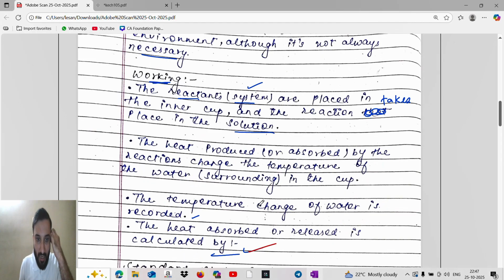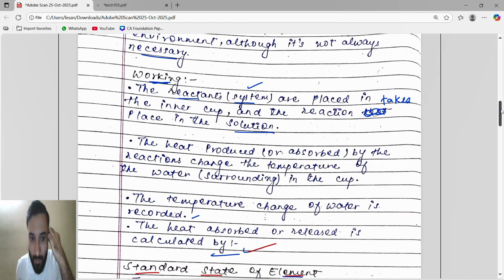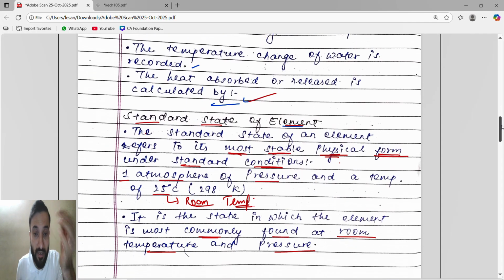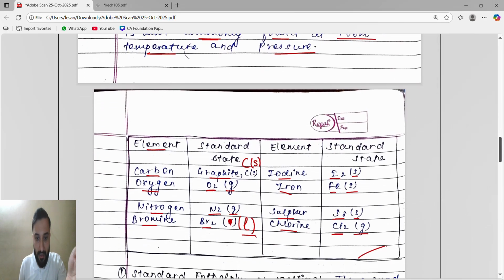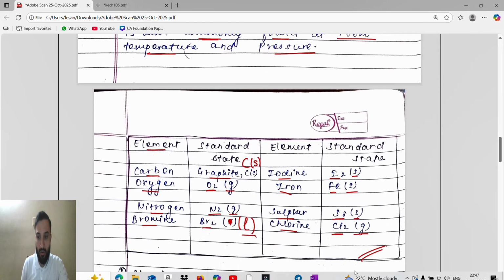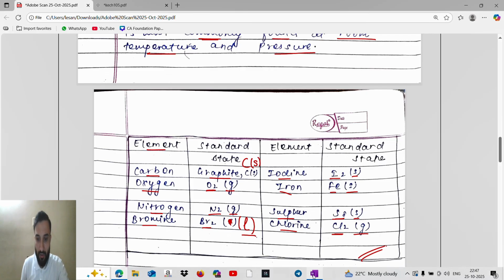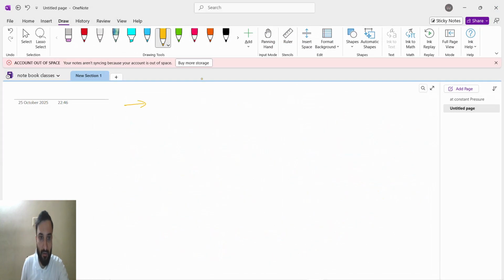Then after that you have to start with this one, standard state of element, and write this whole standard state of element till this box. Then after that don't write anything. Then after that you have to write down this in the note, give the arrow and write down this